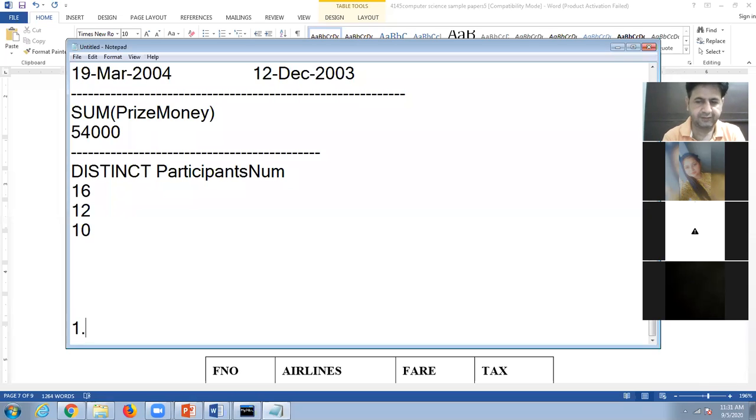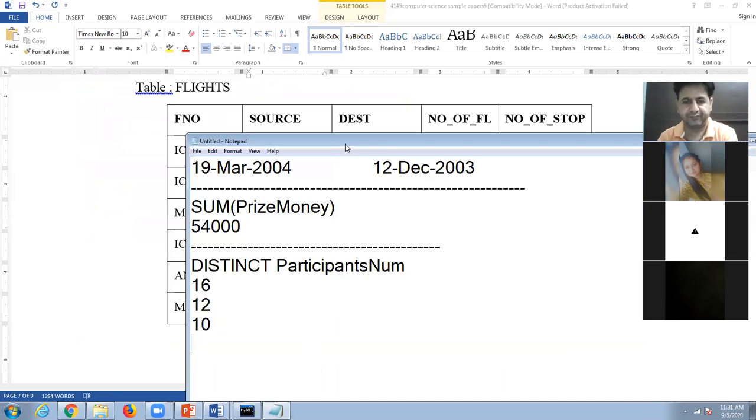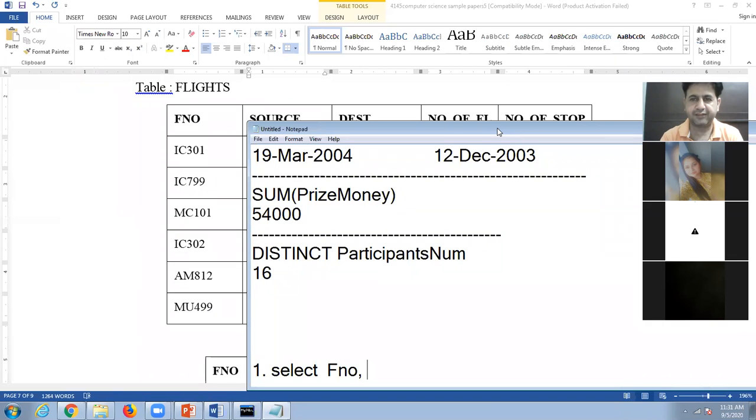Question number 1. Select. Here they describe only flight number. So flight number is here, F number, comma, number of flights. Look at here, number of flights.